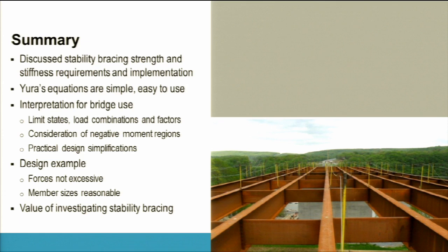We talked about appropriate limit states, load combinations, and load factors. We talked about how you might consider these effects in the negative moment region. And we also talked about some practical design simplifications that you might use to help streamline your calcs a little bit. We also walked through a simple design example, the main point of which was to show you that the forces that you calculate using these equations are really not all that excessive,